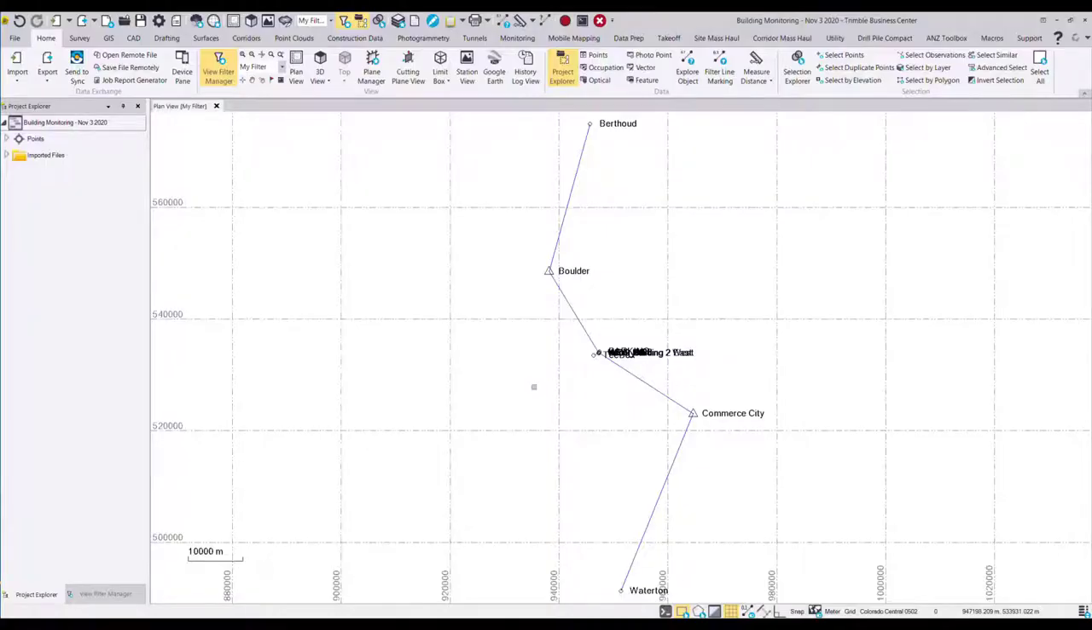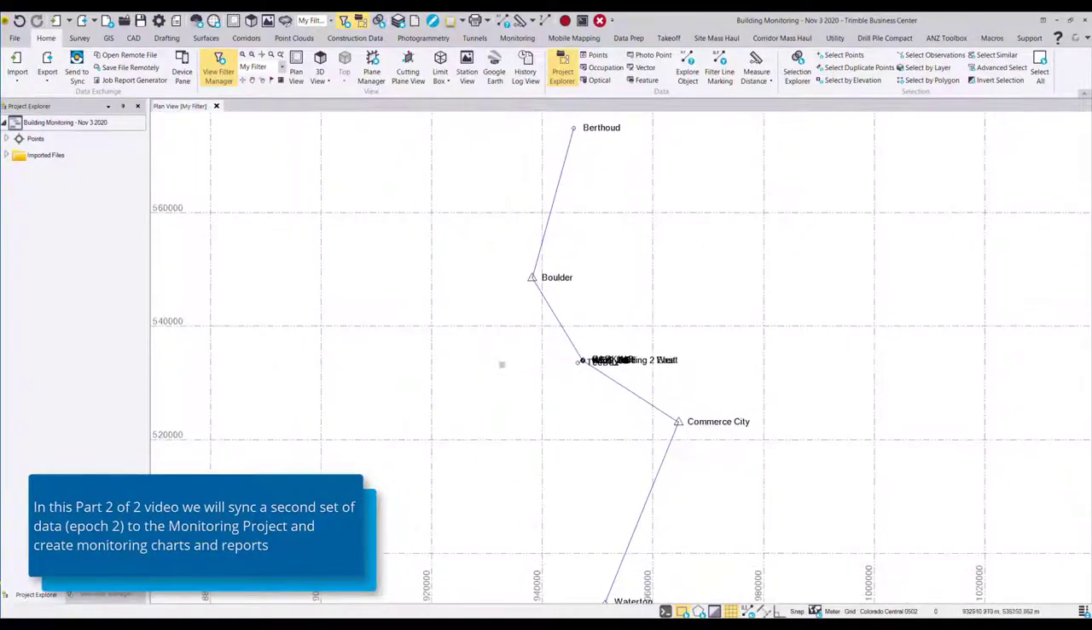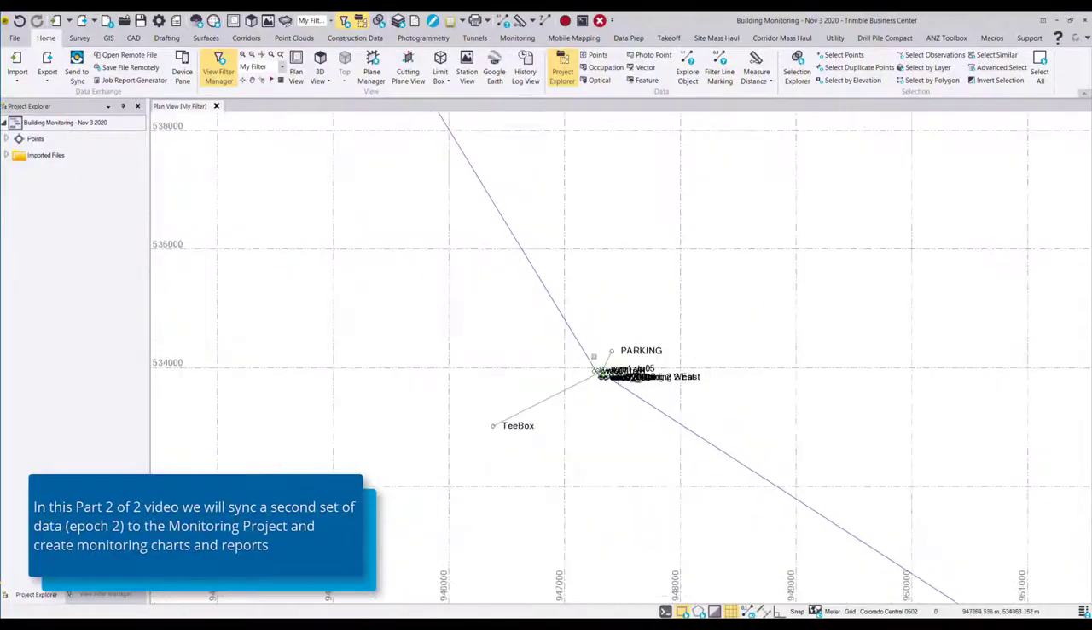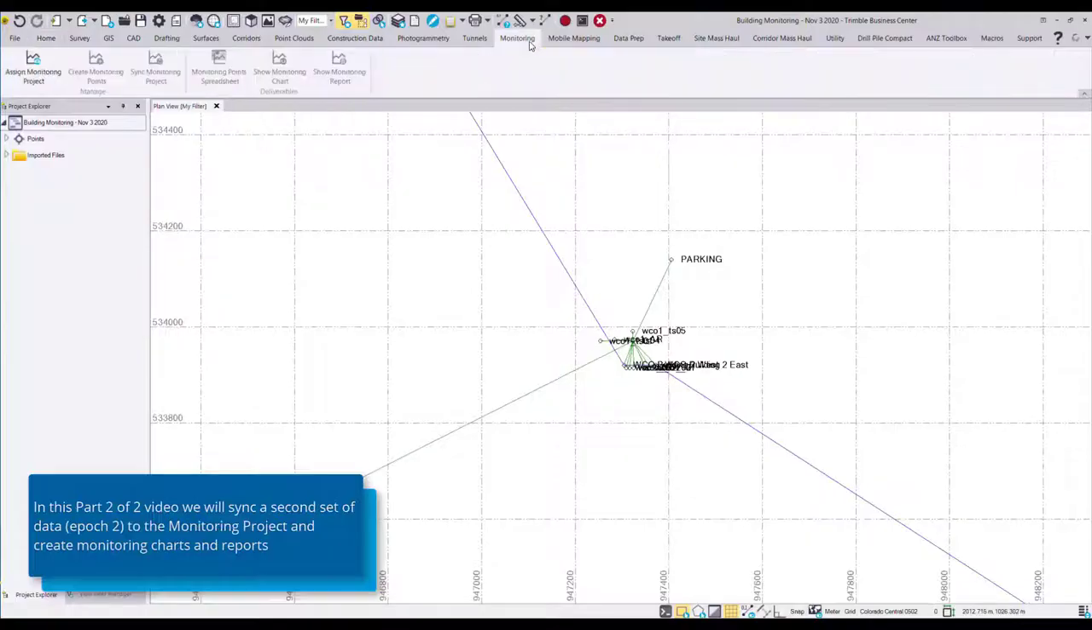So here is our second set of data, which, looking at the title, was measured on November 3rd, the day after, and also GNSS and total station observations. So now we follow the same process, and you'll do the same process in the monitoring module for each epoch of data,